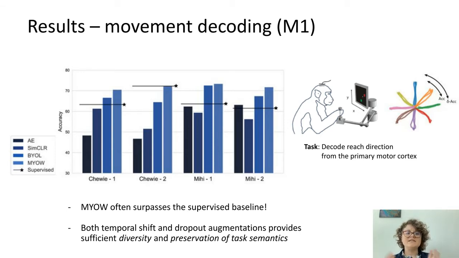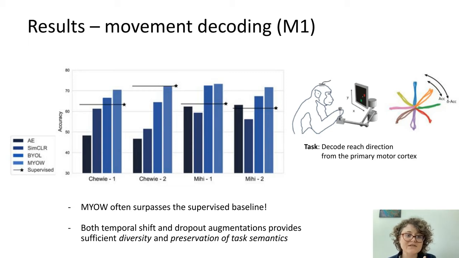And so the take-home message here would be that not only does Meow, the proposed approach that uses a combination of local and non-local augmentations, provide a significant improvement over these other baseline approaches. The other thing to take away is that if we look at the supervised performance, so the accuracy that we get when we test on a held out chunk of time on a supervised decoder trained on this same task,